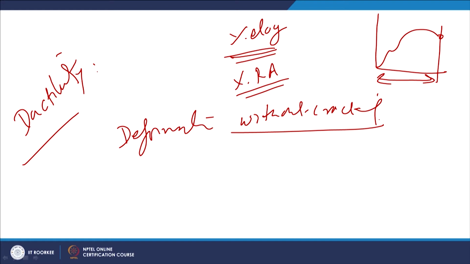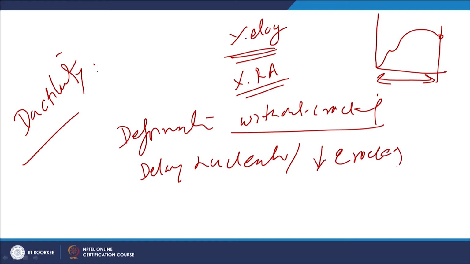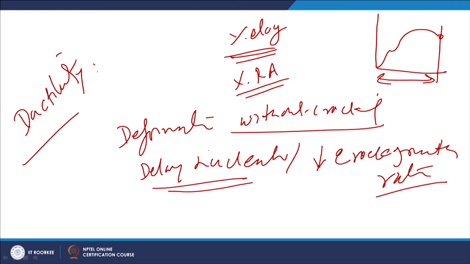It will facilitate the deformation without cracking, this is one, and because of this it will delay the nucleation, and if the crack has already developed, then it will reduce the crack growth rate. So, the crack growth rate is reduced if the material is ductile, and it also delays the crack nucleation. So, those metals having good ductility in combination with good strength are certainly good from the crack nucleation and growth point of view, because both of these are